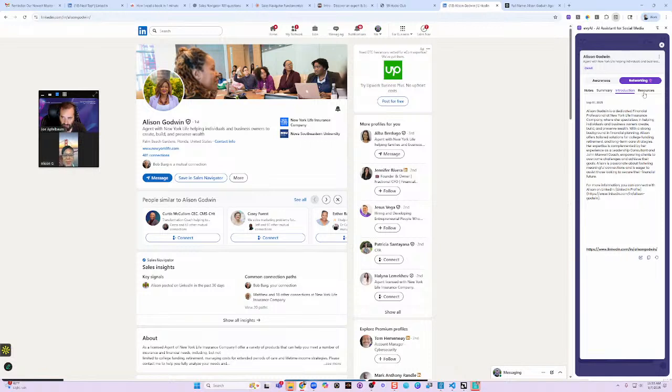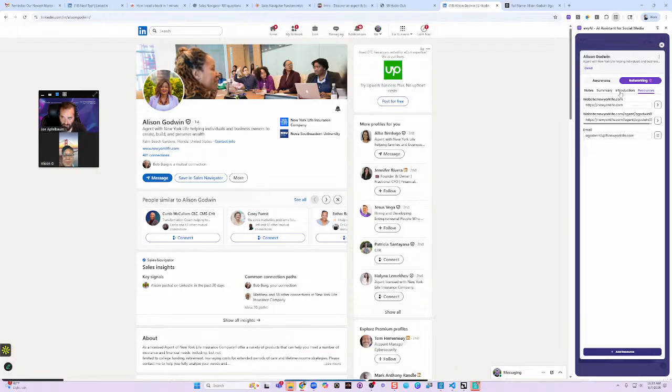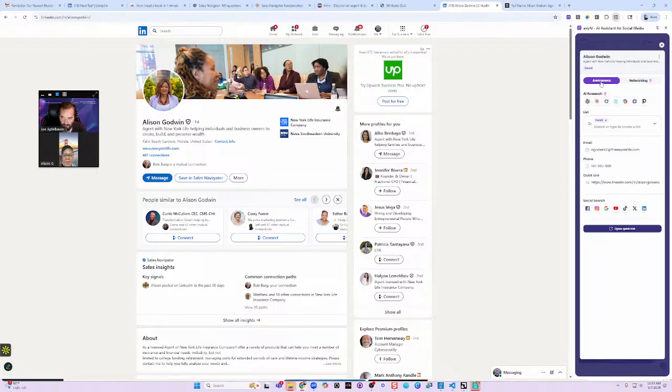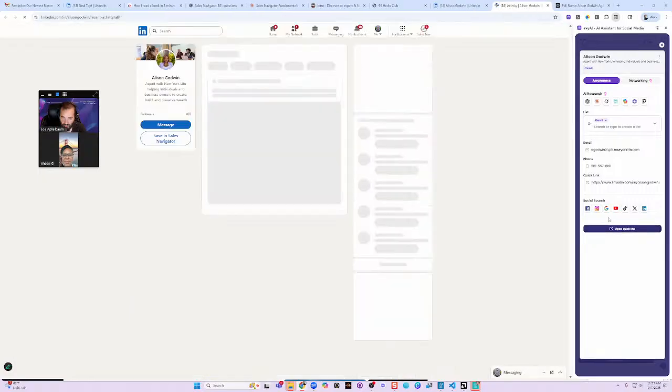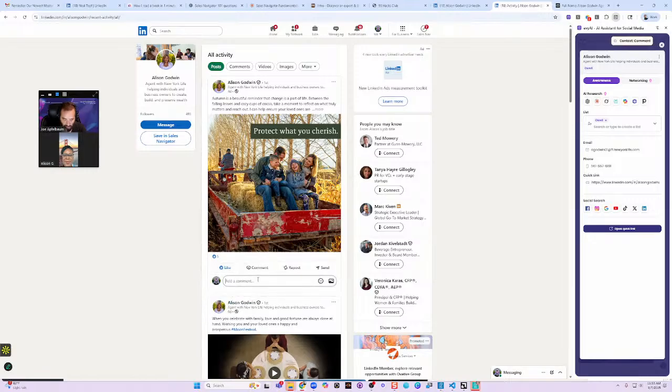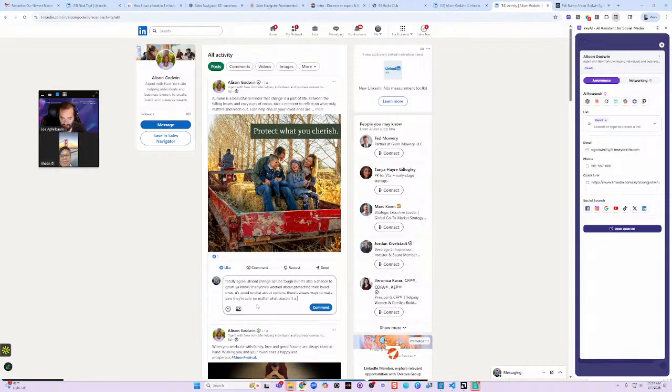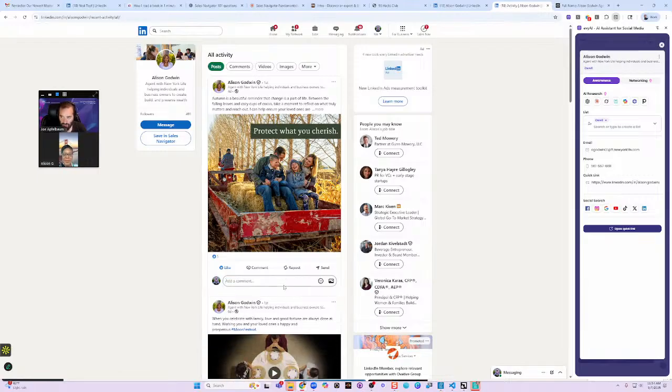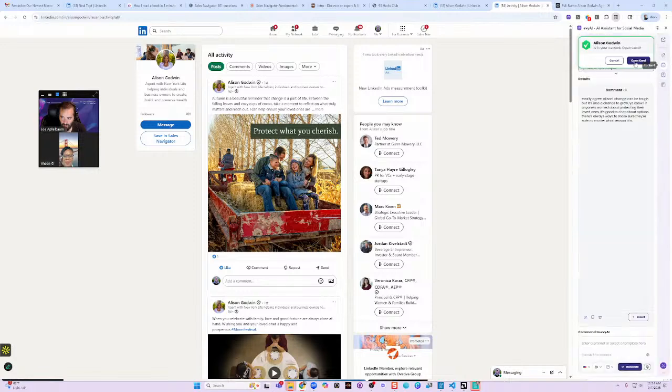Right? And then it would save all the resources here and all the information that it finds about you. The other thing I can do with this little piece of technology is that I can click one button and it loads up every post you've ever written. And if I wanted to comment on these posts, then I can use a keyboard shortcut to write the comment, and in seconds I have a thoughtful comment related to your post, and I can choose if I want to post it or not. And if I want to change what the comment looks like, I can go into here,